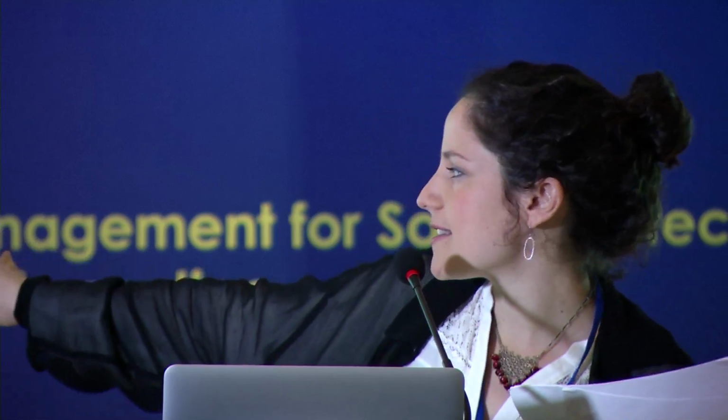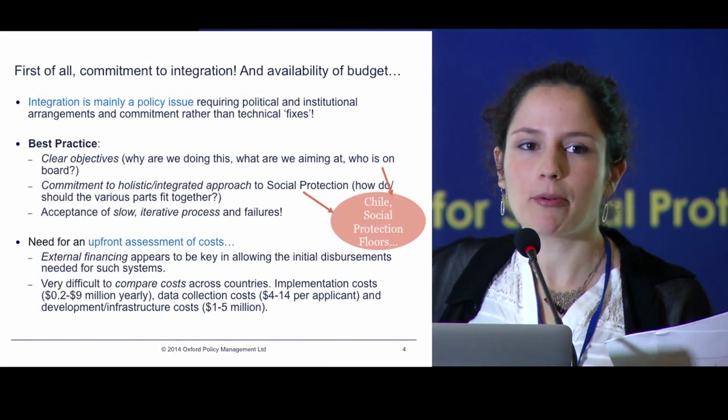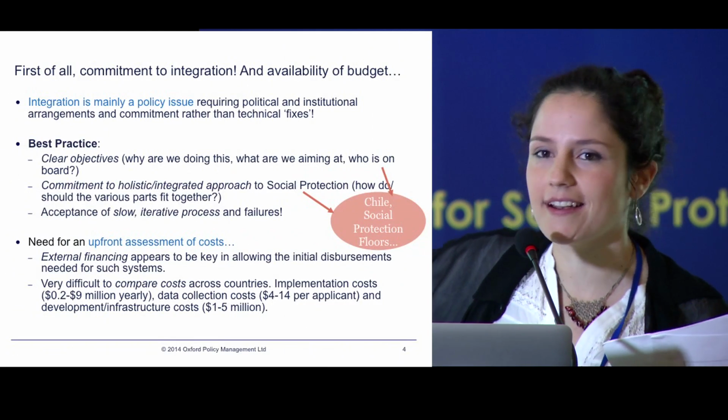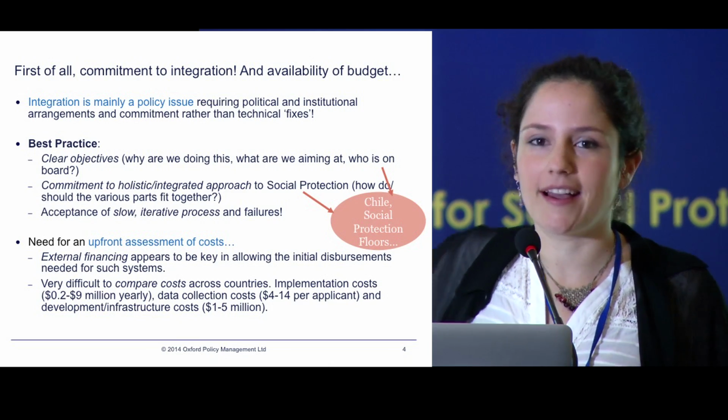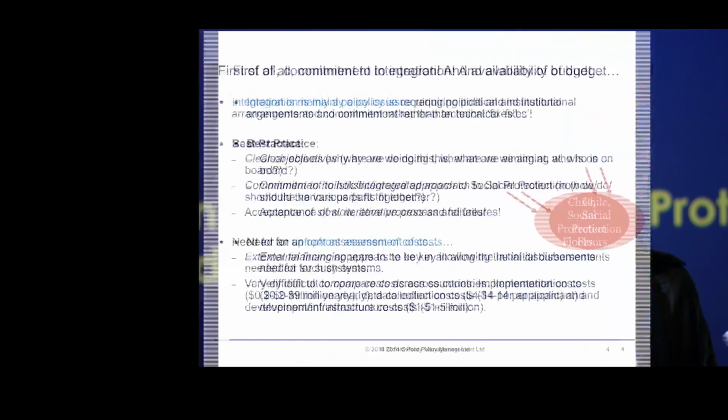Of course, one thing I wanted to say on these ranges of costs is that we haven't divided these by population. So that 0.2 million is Costa Rica, a very small country. 9 million will be a much larger country. So of course the size and entity of your country matters. Yesterday we were discussing with Sanjay one state of India which is as big as the whole of Turkey. So of course you'll be facing very different challenges.